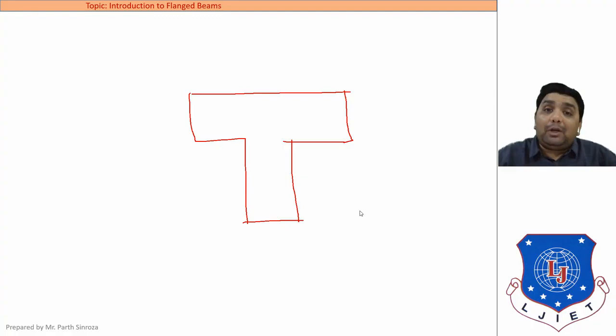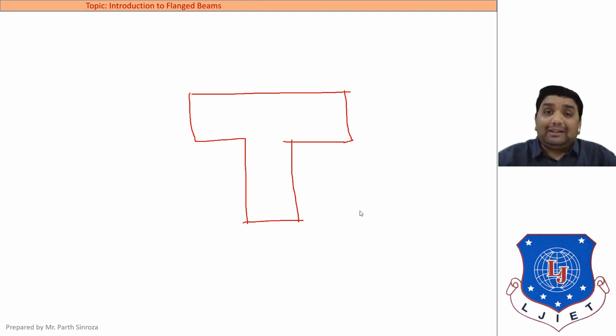Why? Because a T-beam is a specific shape whose CG can't be obtained directly. For example, in MOST, or mechanics of solids, you have already seen that to find CG, we need to divide the section into portions. The basic shapes are a rectangle, triangle, square, circle, etc. So a T can be divided into two parts to find its CG. It can be formed into two rectangles.